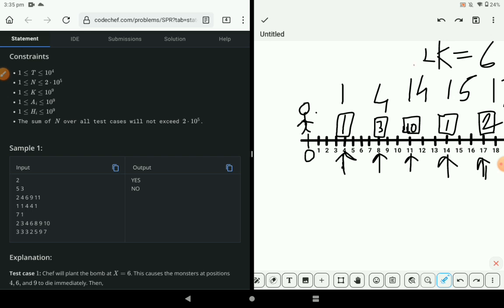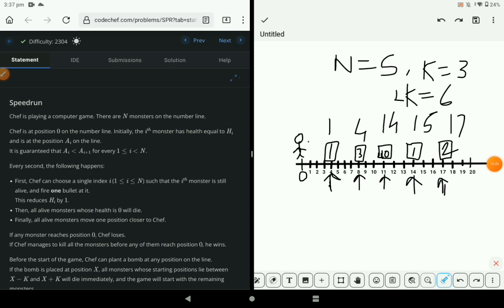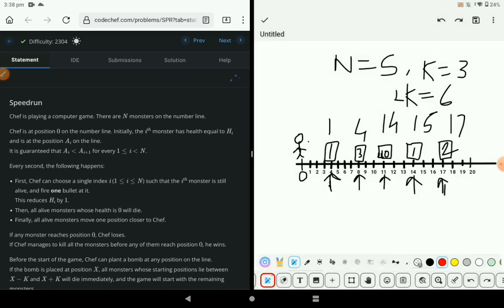सो नेक्स्ट मॉन्स्टर पे जाते हैं। नेक्स्ट मॉन्स्टर का हेल्थ क्या है, 14। प्रेटी गुड, 14 हेल्थ है, और हमारे पास टाइम कितना है, 11। 14 की हेल्थ वाले मॉन्स्टर को मारने के लिए हमारे पास 11 ही टाइम है। सो नो, मीन्स ये नहीं हो पाएगा, तो ये मॉन्स्टर किल नहीं हो पाएगा। ओके, सो ये जो मॉन्स्टर है यहाँ पे प्रॉब्लम क्रिएट करेगा। सो बेसिकली हम इंडेक्स लेंगे। ये जो 14 मॉन्स्टर है ये हमारे लिए प्रॉब्लम क्रिएट कर रहा है ना। सो हम इसको इंडेक्स ले लेंगे, अज्यूम कर लेंगे। सो ये हमारा IND होगा।